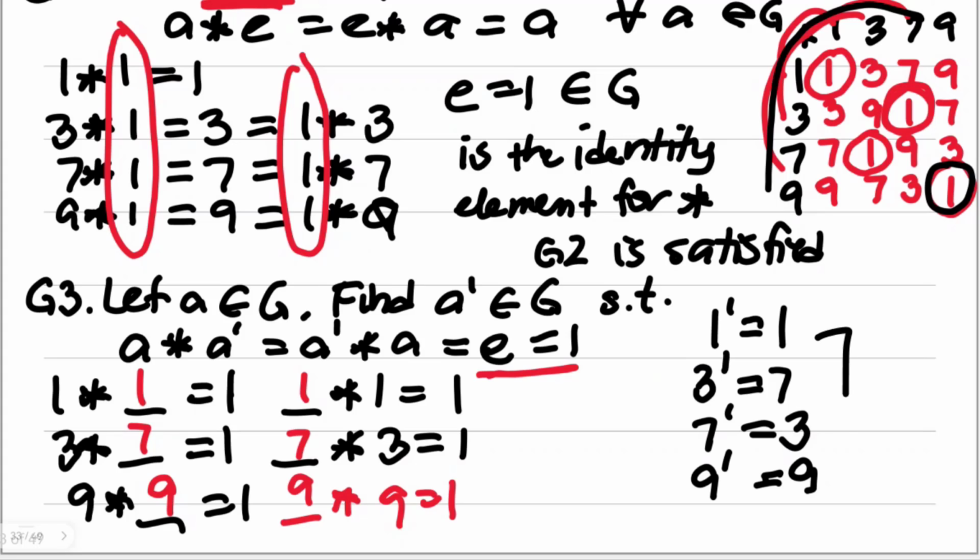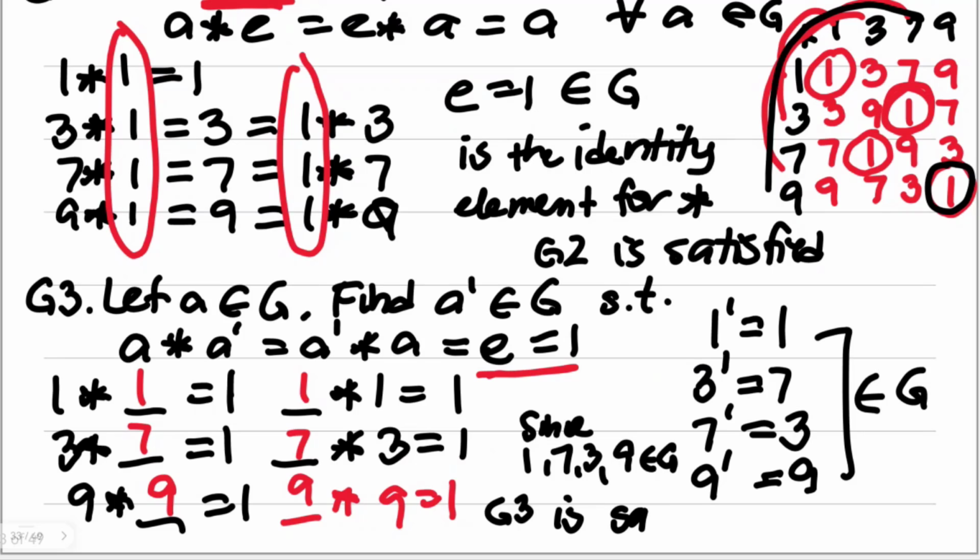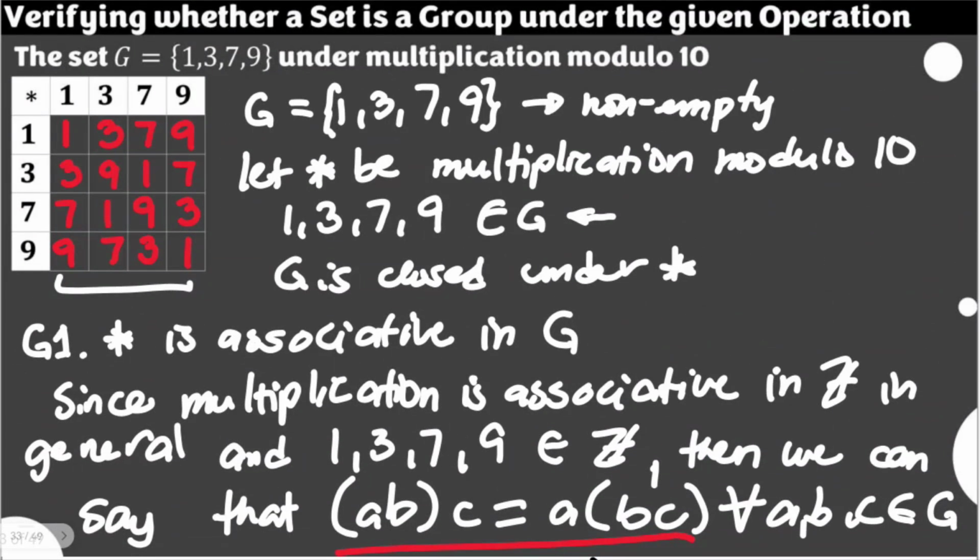So we can see here that all of these are elements of G. They are still found in G, and we can see that the inverses are unique. So from here, we can now say that since 1, 7, 3, 9 are all elements of G, I'm using the order for the inverses here, then G3 is satisfied. With G3, G2, G1, the closure property, and the consideration of the set being non-empty all satisfied, this time we can now say, this is now the conclusion, G, which contains 1, 3, 7, and 9, is a group